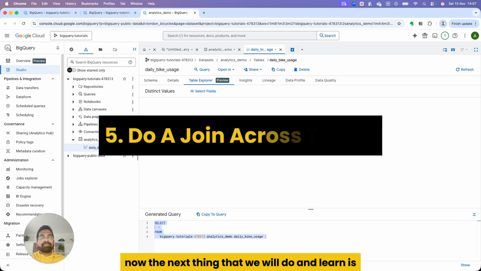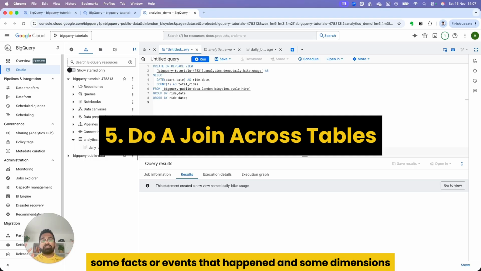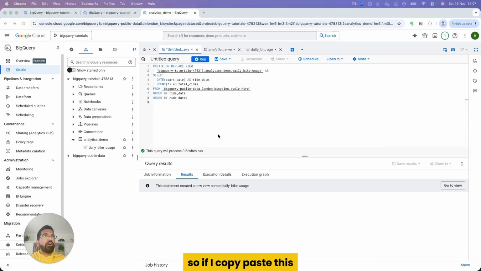Now, the next thing that we will do and learn is how to use simple joins, and we will try to join and add station coordinates. Real data sets are usually split into multiple tables. That is why we use joins. For example, some facts or events that happened and some dimensions, the lookup tables. So we use a join to combine them. Here we will join the rides and the station locations. So if I copy paste this,